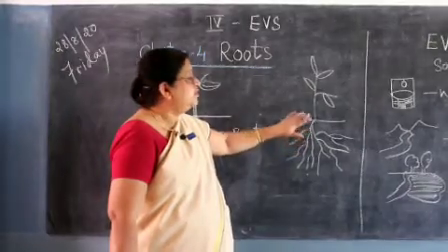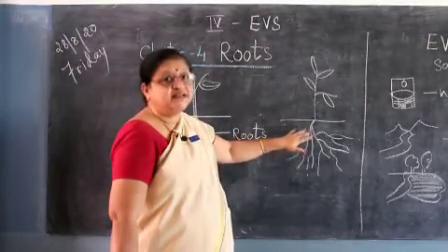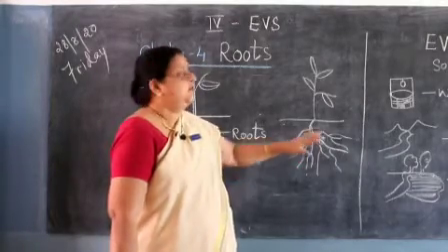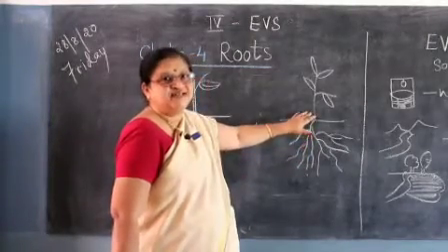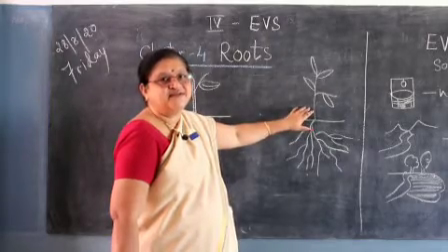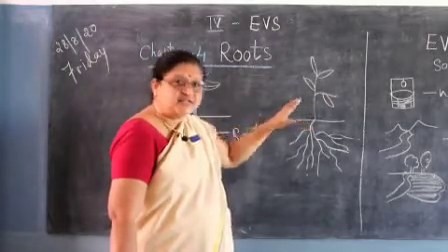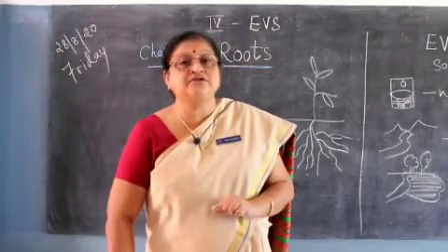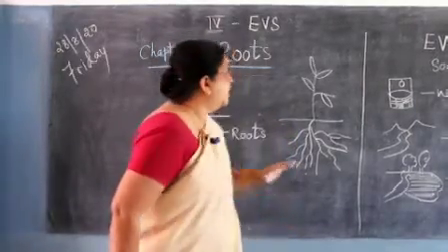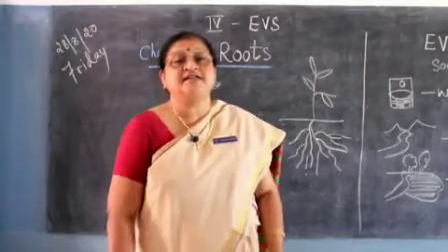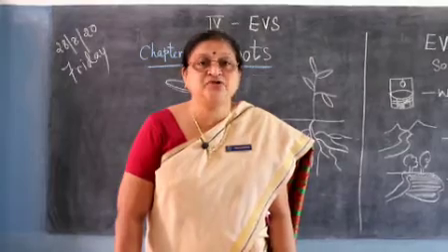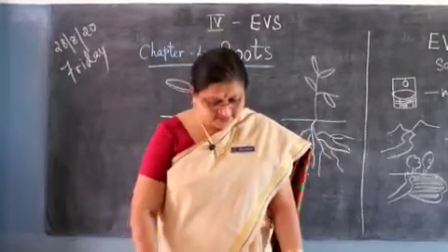So when you provide the nutrition like this, good water, good manure and sunlight, etc., the plant grows. As the plant grows, you can see it, but you don't stop, children, you don't stop. You keep giving them good nutrition and manure, and it gives a good result as it grows with good fruit, useful to us.